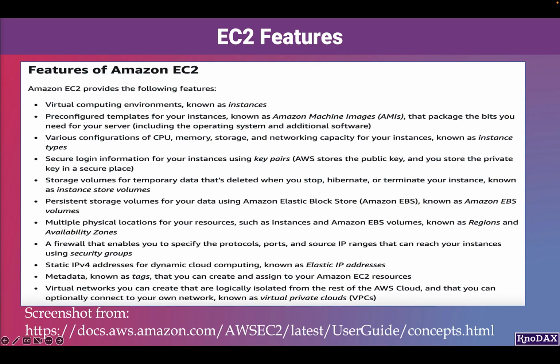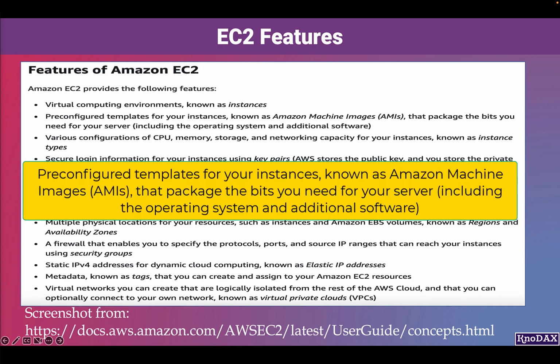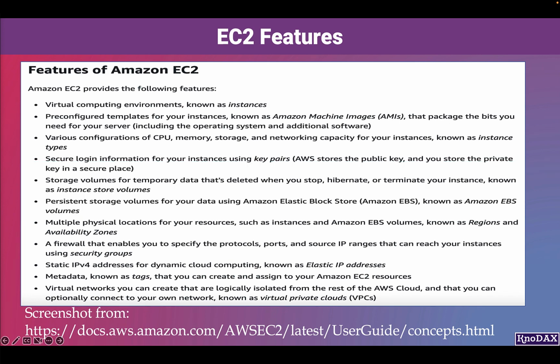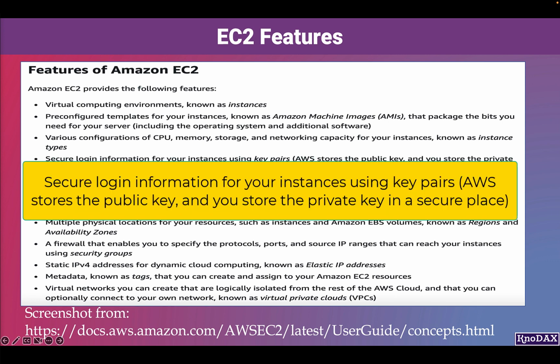This lecture is about EC2 use cases and its features. Amazon EC2 provides the following features: virtual computing environments, known as instances; pre-configured templates for your instances, known as Amazon Machine Images, AMIs, that package the bits you need for your server, including the operating system and additional software; various configurations of CPU, memory, storage, and networking capacity for your instances, known as instance types;